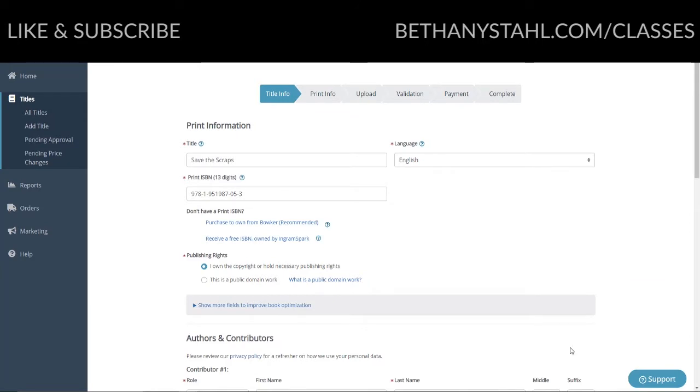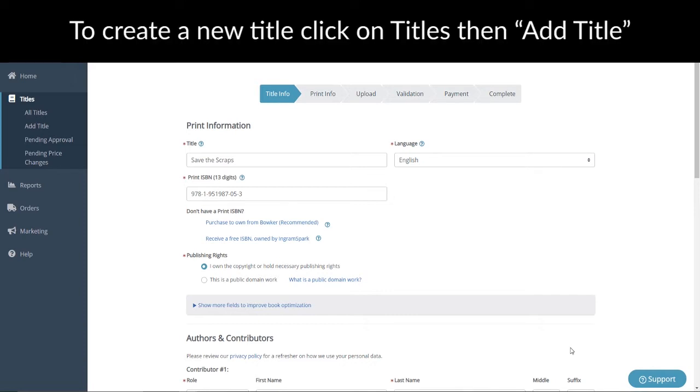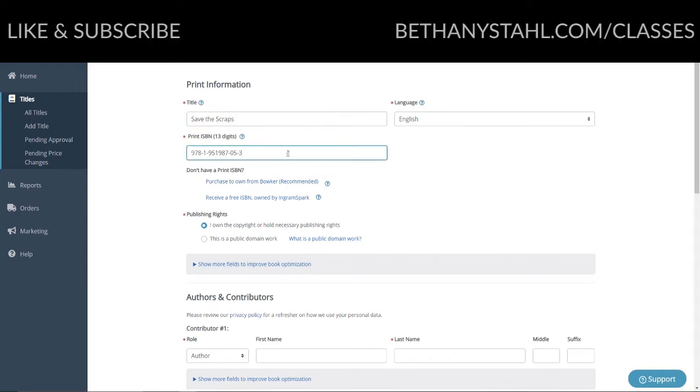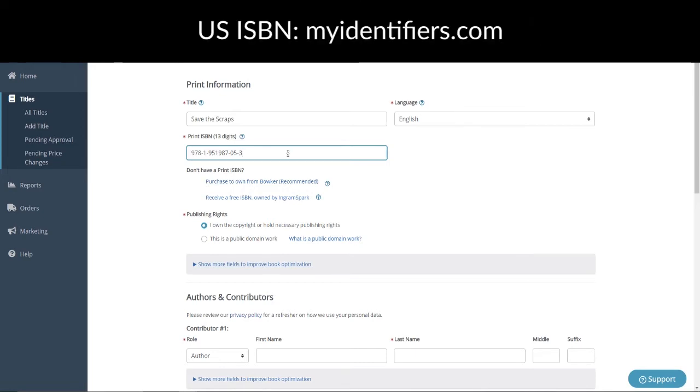Everybody. So this is going to be a full walkthrough of how you can publish your book on IngramSpark. So I just went to create a new title and I've put in my information and I'm going to do the rest right here with you. So my ISBN, I bought off of my identifiers, and if you check on